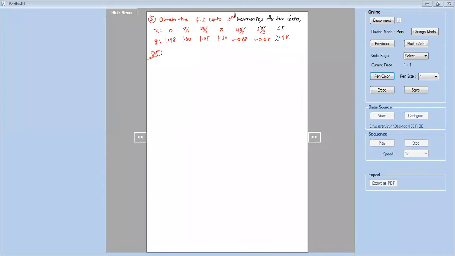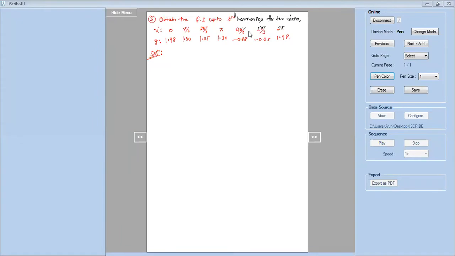But the actual identification will be done like this. See the first value of x. If the first value of x lies between 0 and 90, the first quadrant, and the last value of x lies between 270 and 360, the fourth quadrant, I can assume that it is a full cycle and it is a periodic function of period 2 pi. If the values of x are like 1, 2, 3, 4, or 2, 4, 6, 8, something like this, that is the problem of arbitrary period 2L. So there is a clear identification, easily identified.